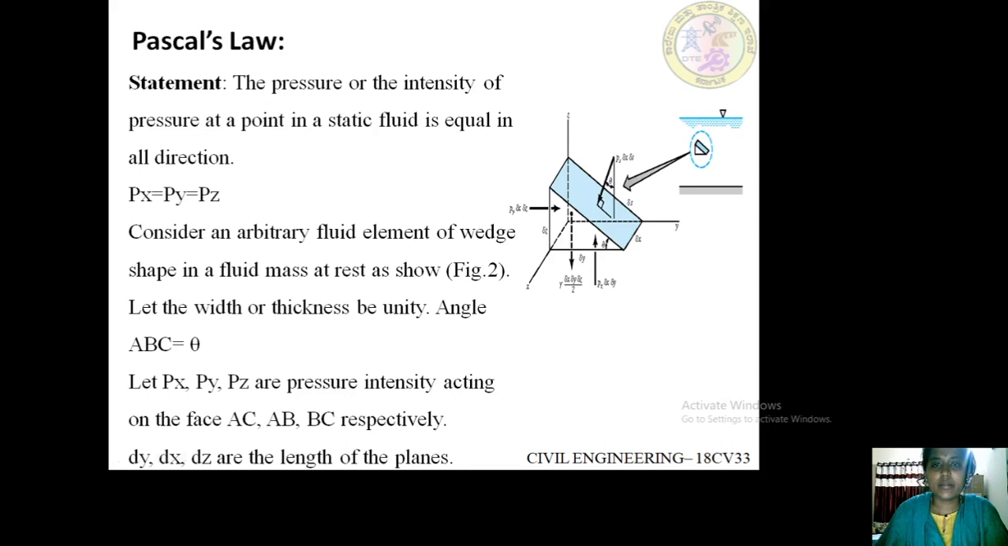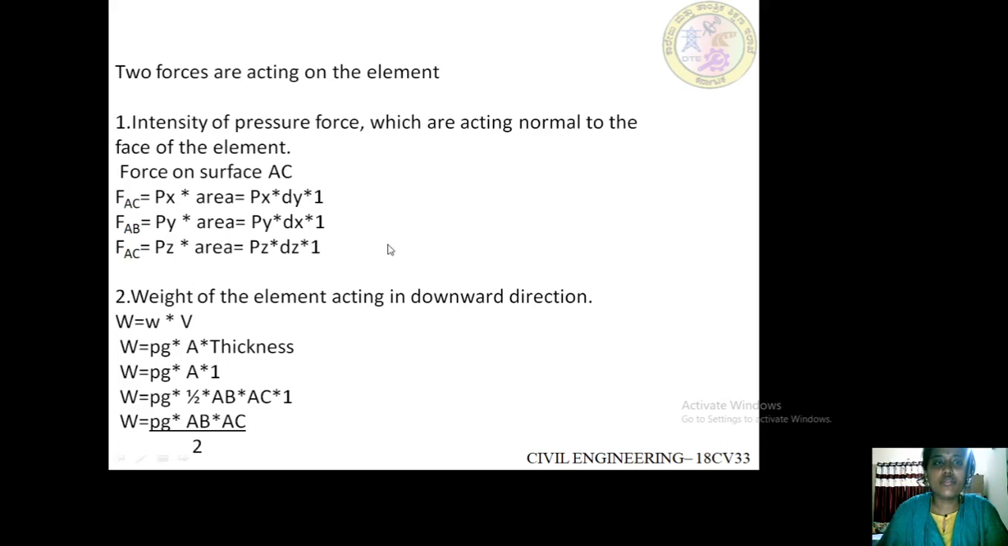Let Px, Py and Pz be the pressure intensities acting on the faces AC, AB and BC respectively. dx, dy and dz are the lengths of the planes. Two forces are acting on the element. One is the